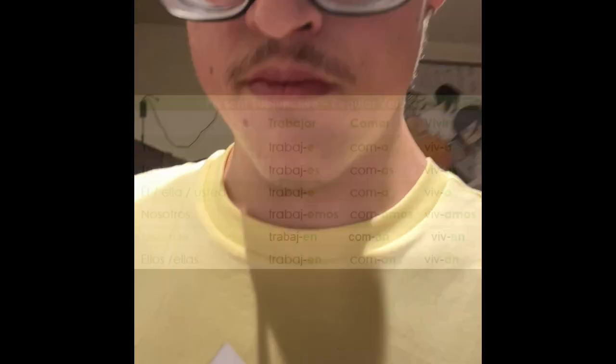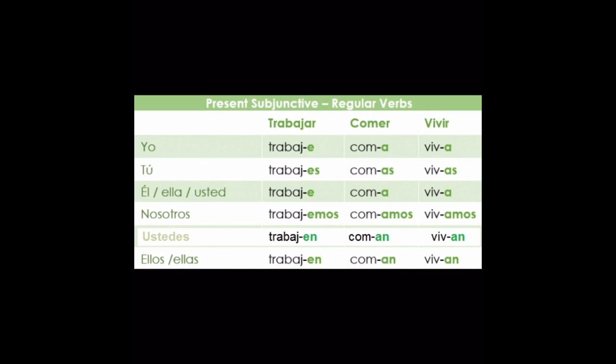Here we go. Alright, y'all, so just in case you forgot the rule for the present subjunctive conjugation, here's a little refresher. So AR verbs, the ending gets changed to an E. ER verbs and IR verbs, the ending gets changed to an A. So let's begin. Trabajar. Remember, the ending is AR. Yo trabaje. Tú trabajes. Él, ella, usted